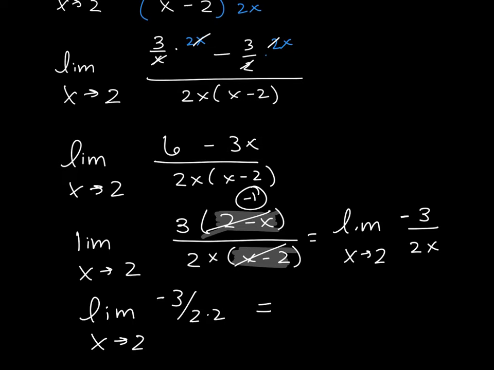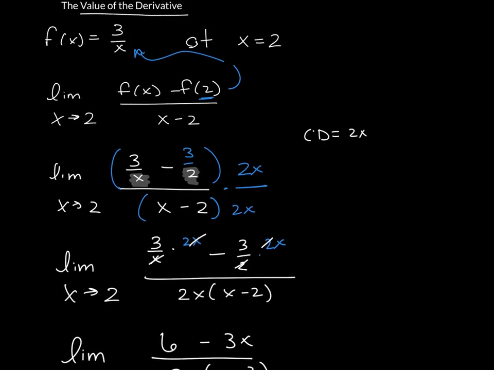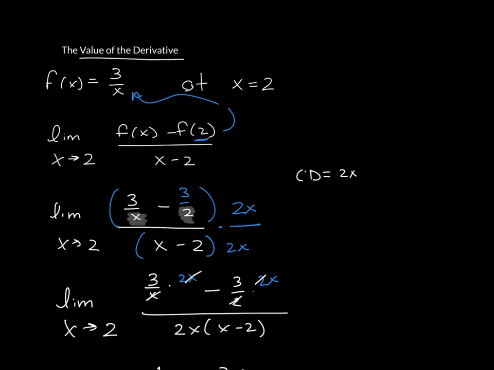I should have had a negative 3 over there. Excuse me. So that would equal negative 3/4. So following this back up to the beginning, the value of the derivative, that is the slope of the tangent line,